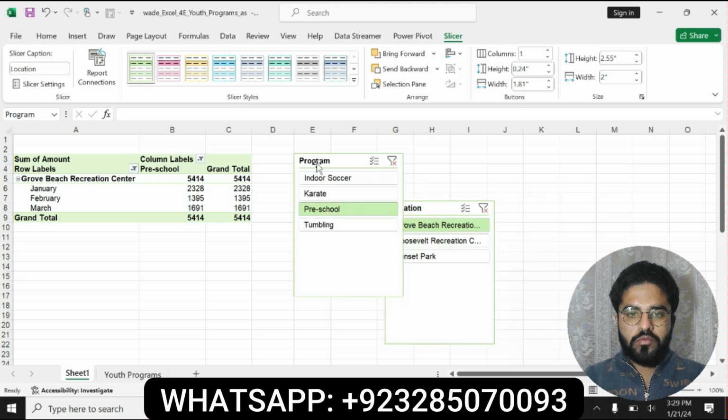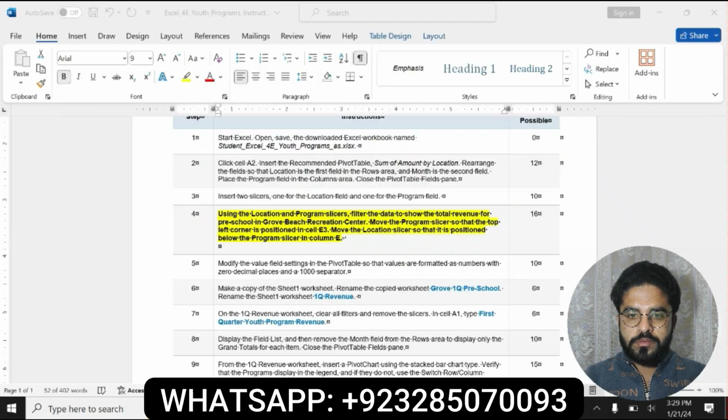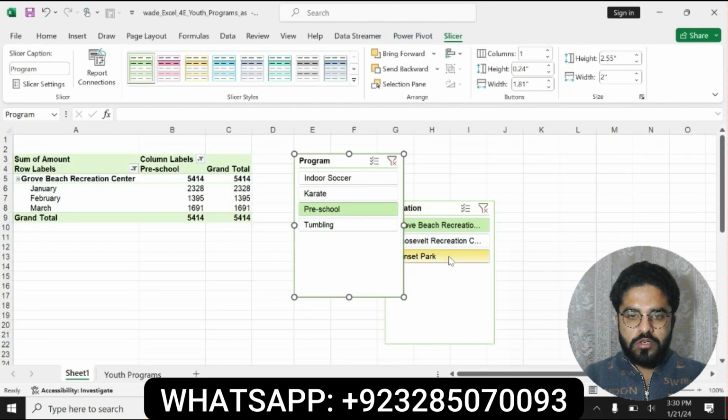And then move this slicer to cell E2. In cell E3, sorry, move the location slicer to